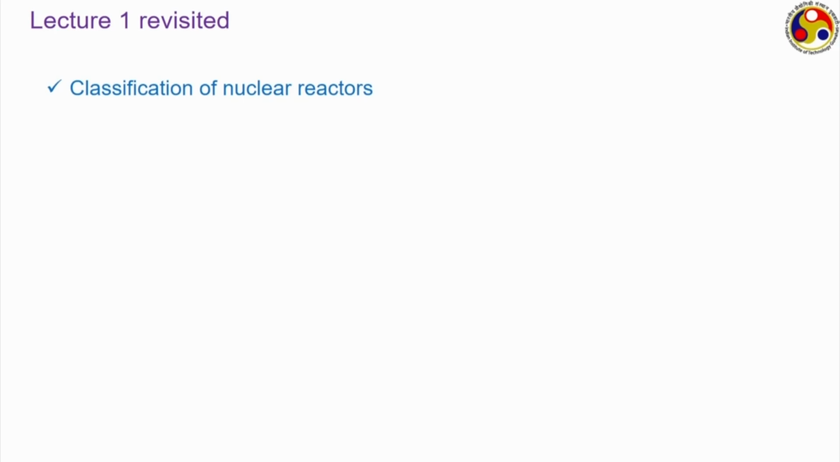Accordingly, we can have thermal reactors, which work based upon thermal neutrons, and hence they have a moderator which slows down the neutrons from the fast neutron level to the thermal level of 0.025 electron volt energy. The other category is fast neutrons, where we do not have any moderator, and fast neutrons are used for the reaction. The second type of classification can be based upon the moderator itself, and the third classification is